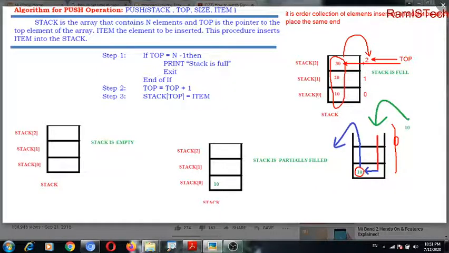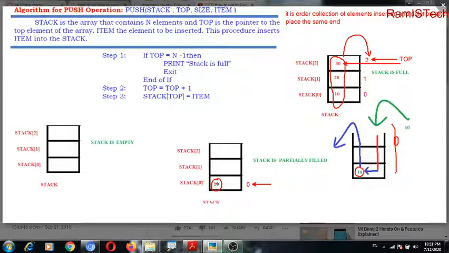In this example, top is 2. Now tell me, in this example, what is the top element? 10 is the top element. So this 10 is located at the 0th position.